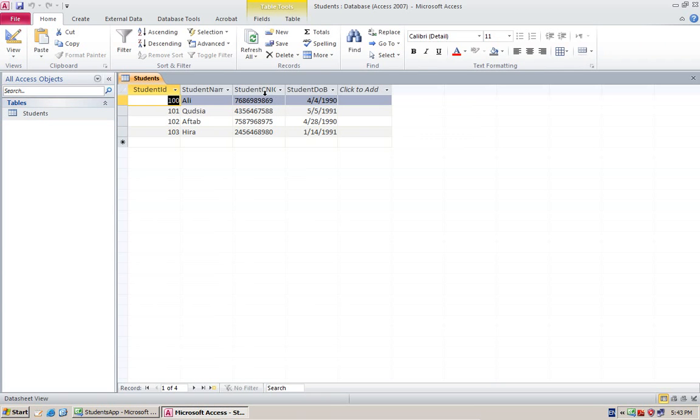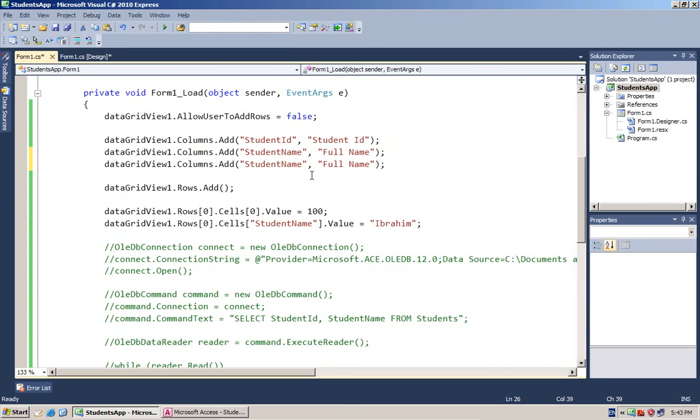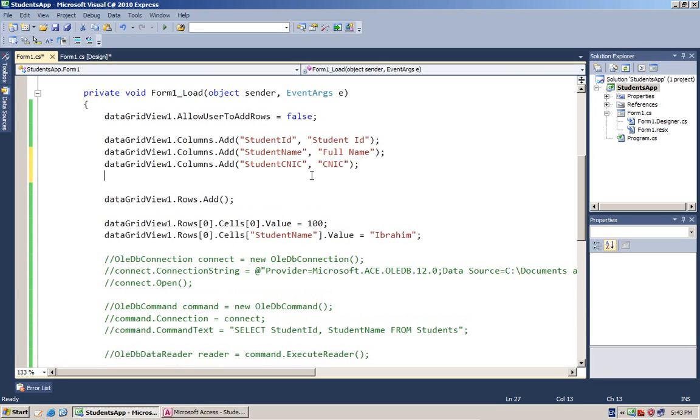Second is the student CNIC, and the third is the student CNIC, and the fourth is student DOB, date of birth. Okay, this is fine.